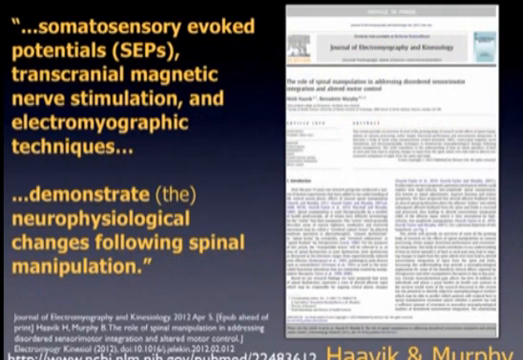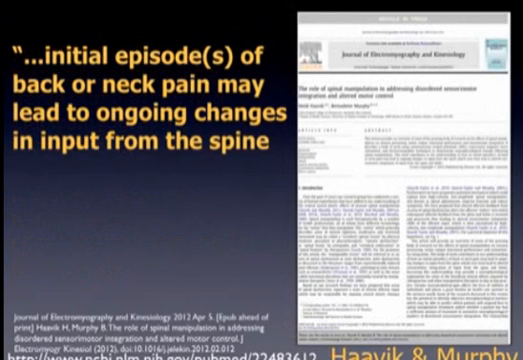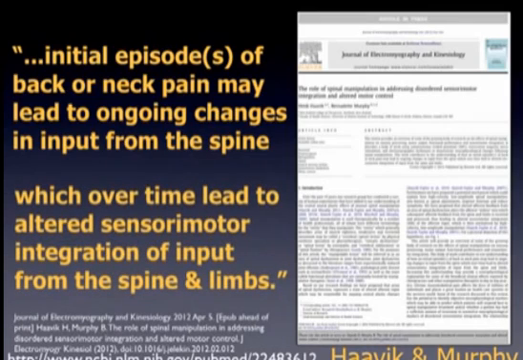From Haavik and Murphy's article, they looked at how a number of studies using SEPs, the somatosensory evoked potentials, transcranial magnetic nerve stimulation, and EMG techniques demonstrated that neurophysiologic changes follow spinal manipulation. This is important because initial episodes of back and neck pain can lead to ongoing changes to nerve input from the spine. And over time, this altered sensorimotor integration means that the spine and the limbs are being perceived differently